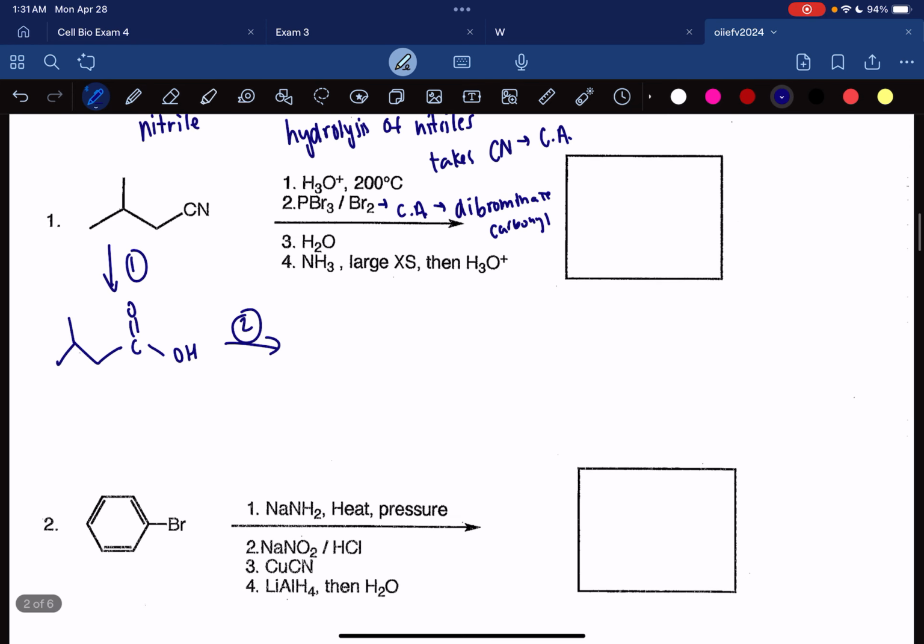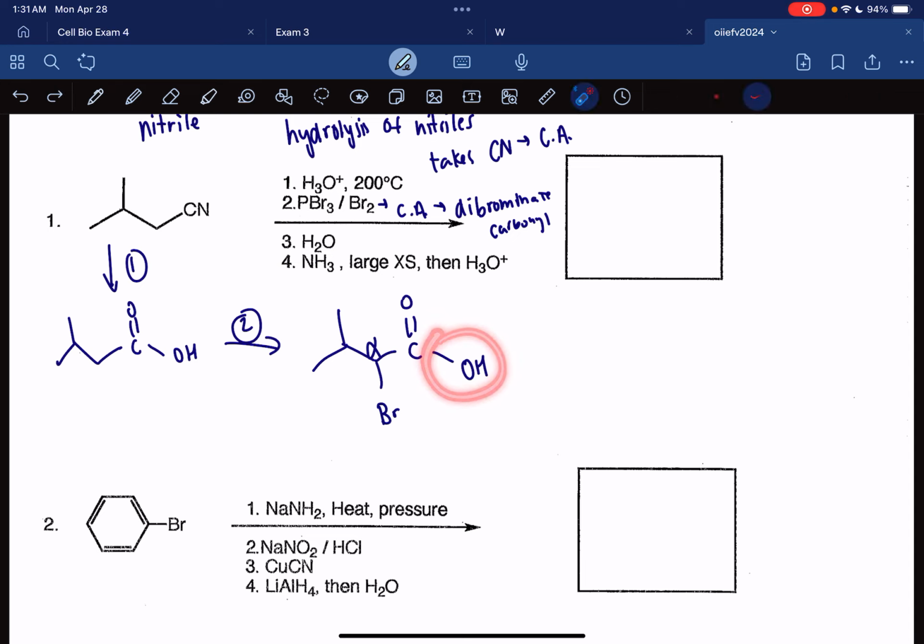So you'll see there's a common mistake people make here as well, and I'll show you. Sometimes people might jump the gun and just brominate the alpha carbon. So this is sort of acceptable, but since the H2O is a separate step, you need to also brominate the OH. So both positions get a bromine